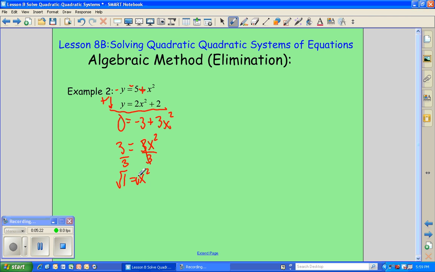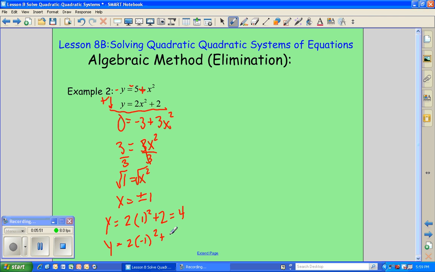And when you square root each side, please remember that when you put the square root in the problem, which is what I did, you have to put a plus or a minus with it. So y is equal to plus or minus 1. That means when I go to plug it in, I have to plug it in once with the positive and once with the negative. So when I do it with the positive, my y value is 2 plus 2 is 4. And when I do it with the negative,